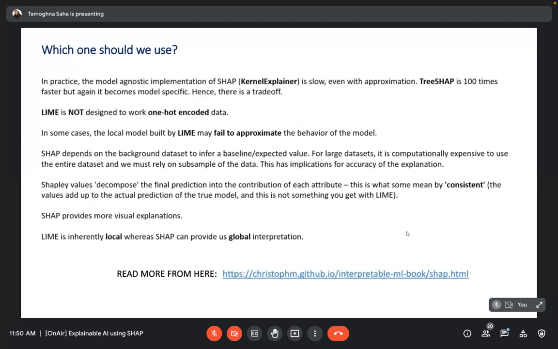For more details, you can definitely visit the Interpretable ML book. It's an extremely good book. Here you will find all the mathematical details explained that are present in the original paper. So if some parts of the PPT you have not understood, you can check out this link, or just type Interpretable ML book and you will get the first link itself.